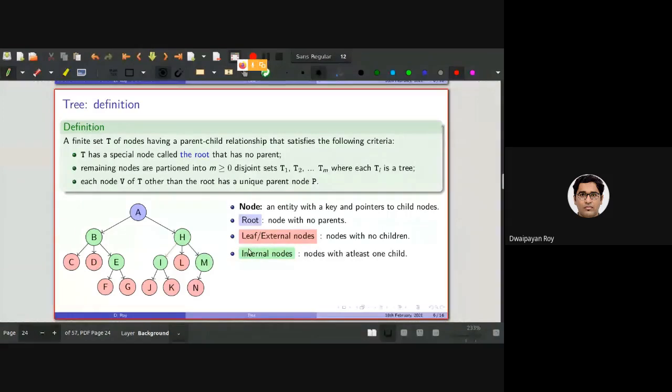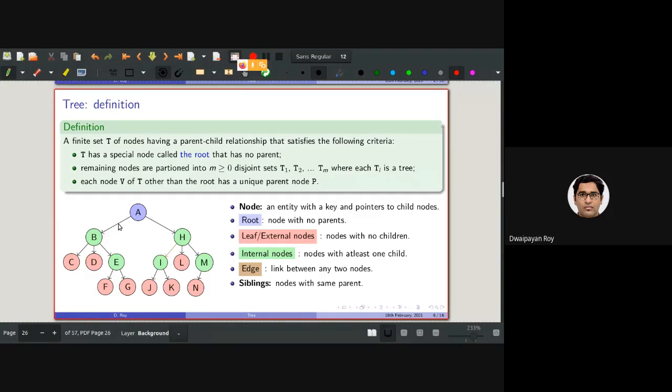So as you can see, B contains 3 children, E contains 2 children, I contains 2 children, H contains again 3 children, but M contains 1 child. So these are called internal nodes. And an edge is basically the link between any two nodes. So as you can see, there is an edge. These edges are basically the connection or the relation that is there in the tree between any two nodes. And each edge is specifying the parent-child relationship.